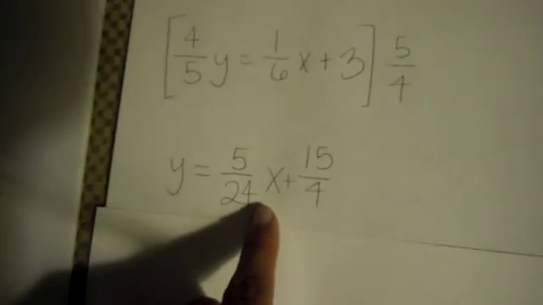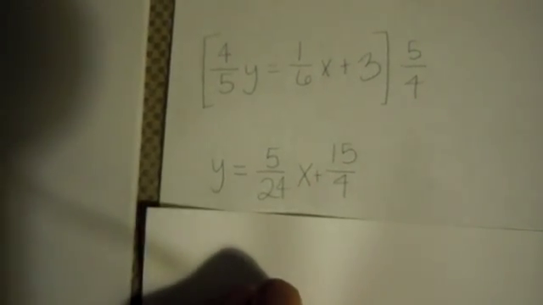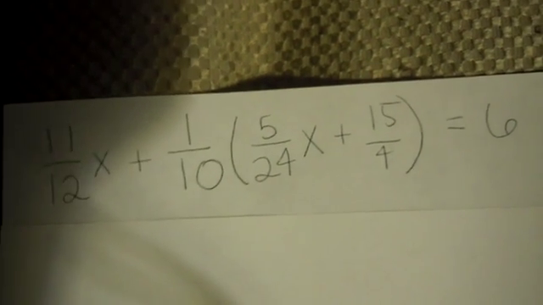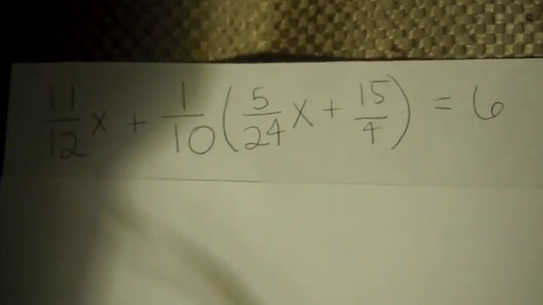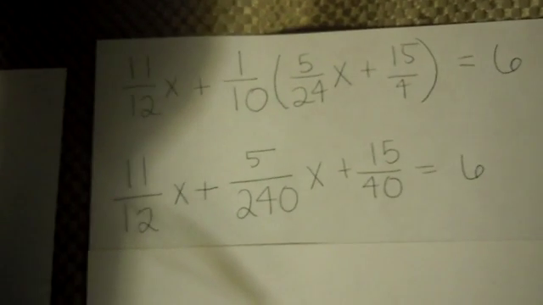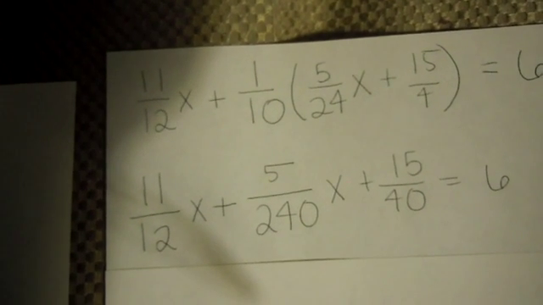So I'm going to use this equation right here, and I'm going to plug it in the 11 over 12x plus 1 over 10. Instead of the y, I'm going to use the equation I just solved right now. So here I have 11 over 12x plus 1 over 10. And there's my equation that I substituted right here, all equal to 6. Now, of course, I multiply, and now I have 11 over 12x plus 5 over 240x plus 15 over 40